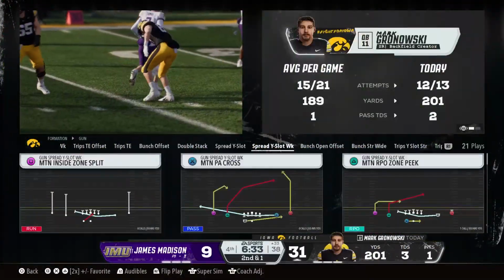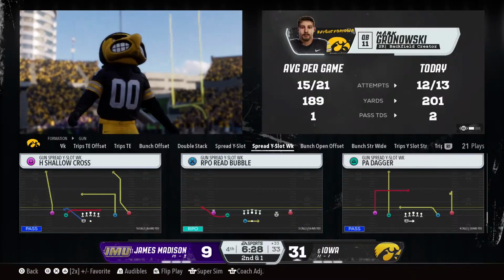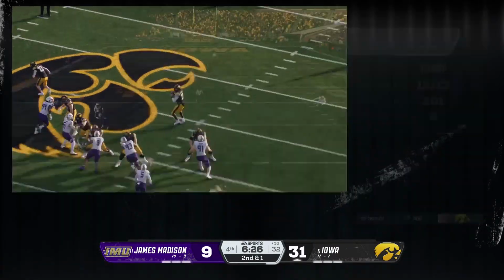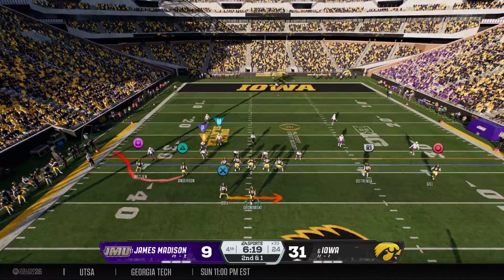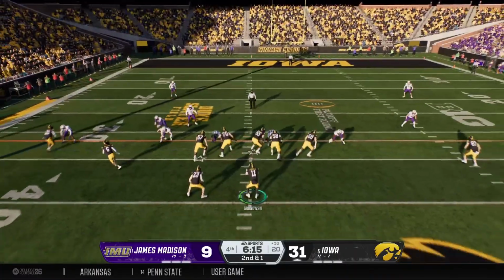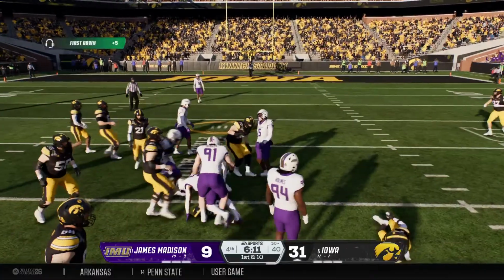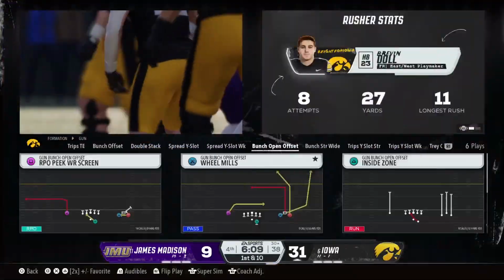As the tight end flexed out into the slot, looking for a matchup there, Kirk. Well, it is a matchup because he has the size where he's very difficult to match up for his safety, and he's got the speed to be able to outrun a linebacker. That's why they like to flex him out like that and be able to pick up nice big gains like this. The Hawkeyes offense is on the move now.